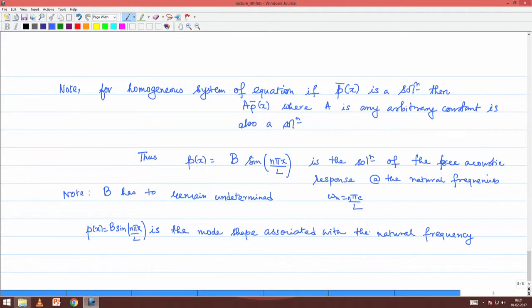By the very usage of this term shape, we just mean to say that what is important is the nature of this function. The value of this function is irrelevant, because the value of this function will keep changing with different b's that you can choose. Any choice of b is perfectly correct in mathematical terms, any b is possible. So, therefore, you should not associate any sacredness to the value of a mode shape, you should look at it in terms of a shape.